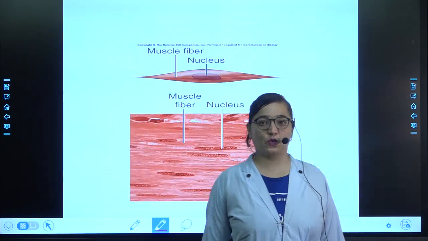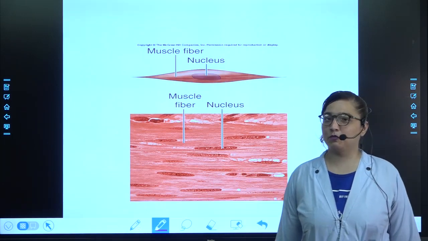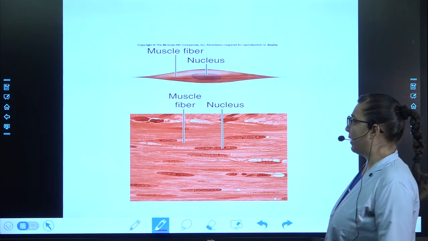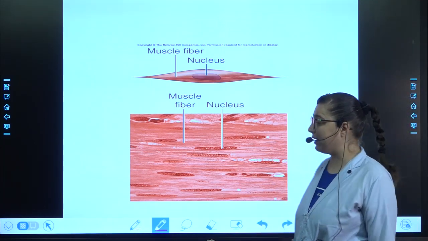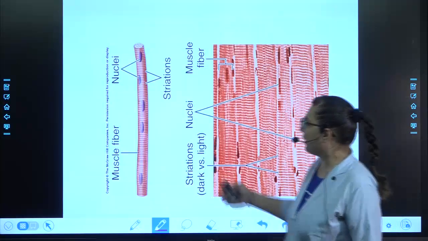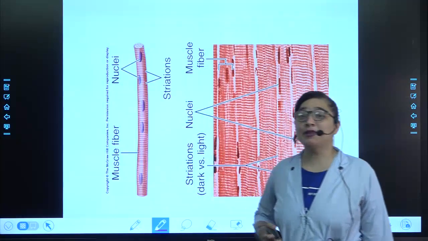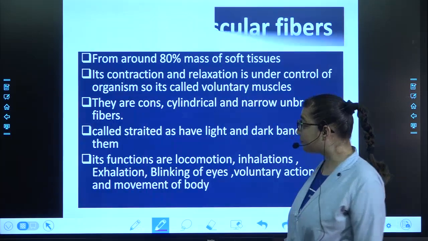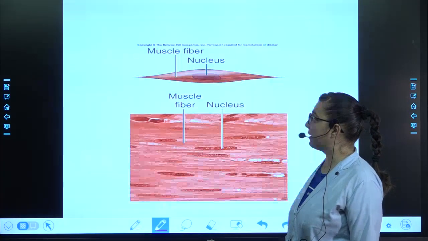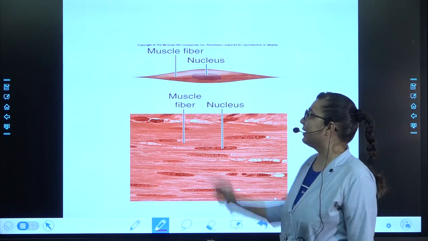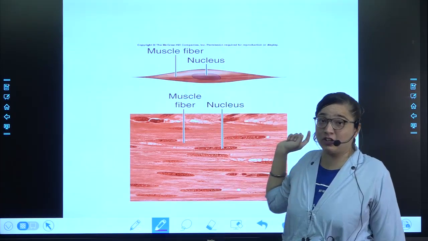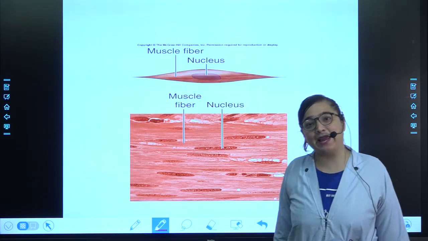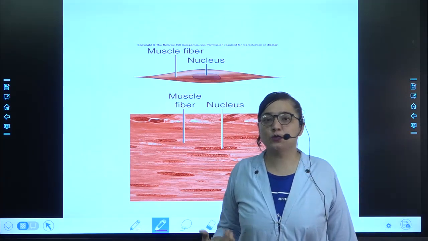So the next tissue is over here. That is the smooth muscular tissue. As you can see over here, in the smooth muscular tissue there is just one nucleus, while the one that you saw beforehand is multinucleated. That means it has many nuclei, okay. So coming to the smooth muscle, here you can see that the fibrils are running longitudinally, and there is one nucleus present. And what is its shape like? Its shape is like a spindle.